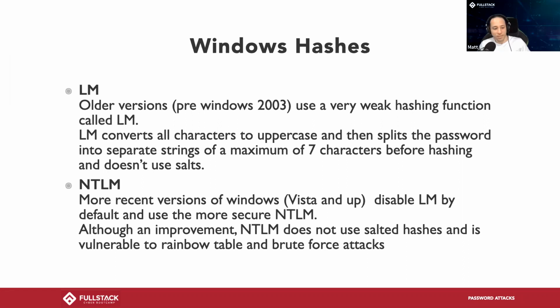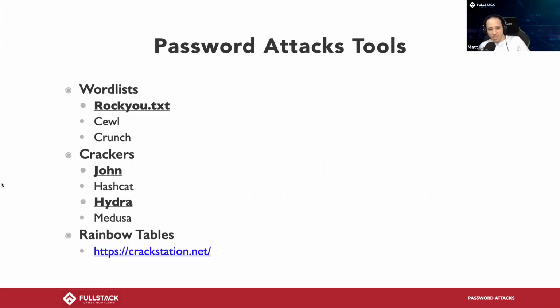So what's the takeaway from this? If you see an LM Windows hash, you can crack it 100%. If you find one in your adventures through PWK and you see an LM hash, 100% you can crack it. You just have to find out how. Now if you find an NTLM hash, it's more dicey. Not 100% sure that you'll be able to crack it. Cool. That's a big takeaway for Windows.